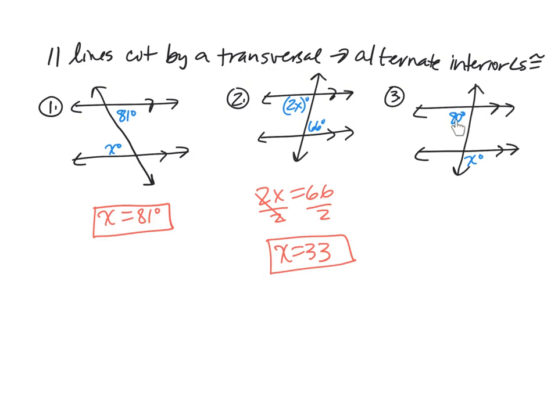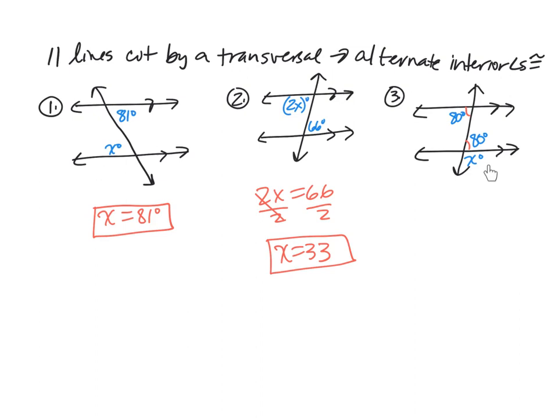I have this 80-degree angle and this x degree angle. Now, they are not alternate interior angles, okay? Because x is not on the interior of the two lines. But what I can do is use the fact that those alternate interior angles are congruent. So I can mark this an 80-degree angle, and then notice that